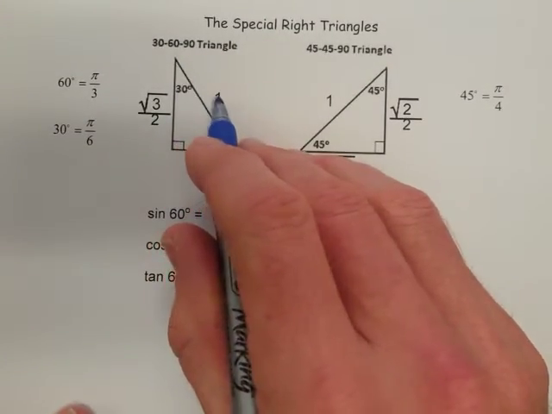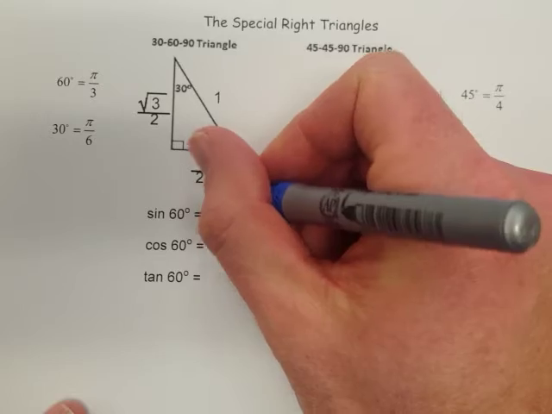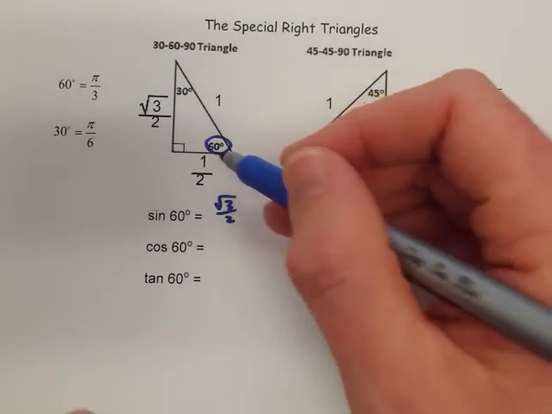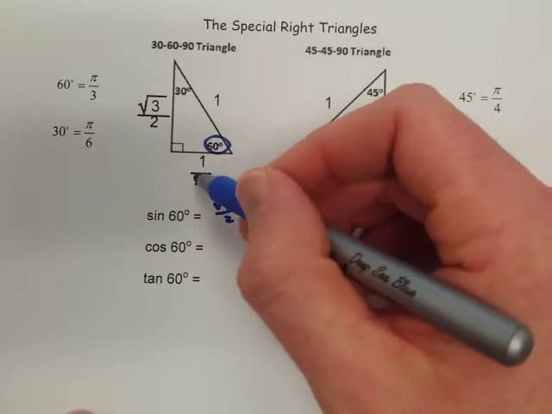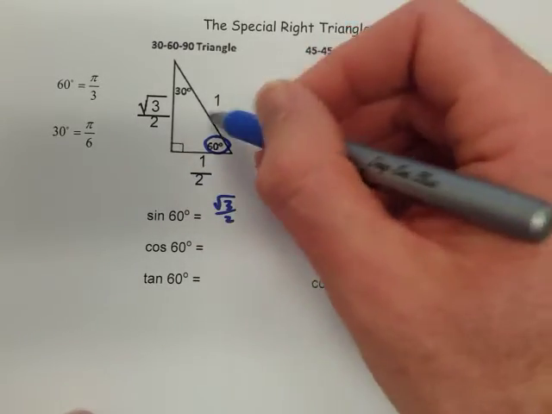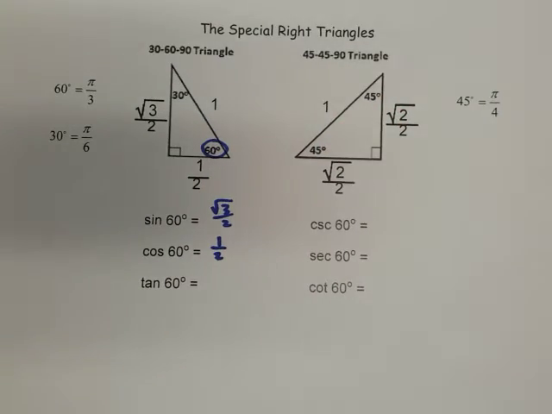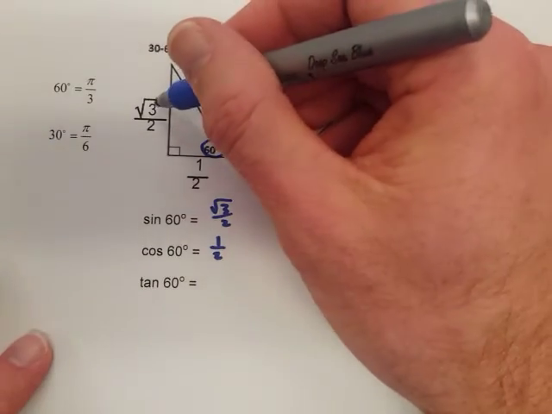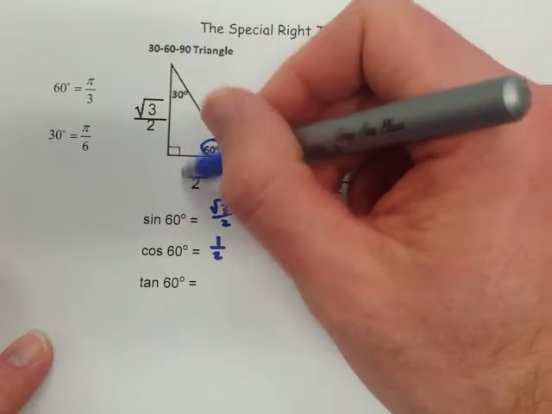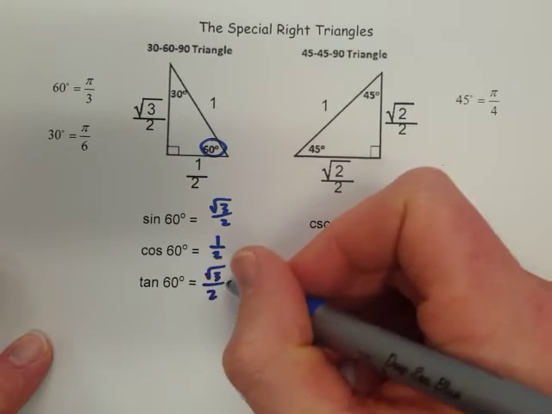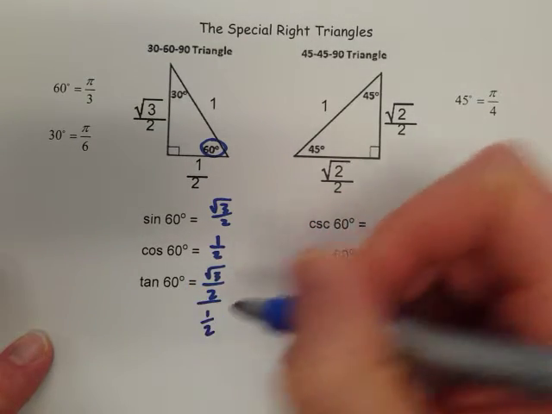Opposite over hypotenuse is our sine, so that is square root of 3 over 2. Cosine is adjacent divided by hypotenuse, so that's 1/2 over 1, or just 1/2. Then the tangent is going to be opposite over adjacent, so square root of 3 over 2 divided by 1/2,